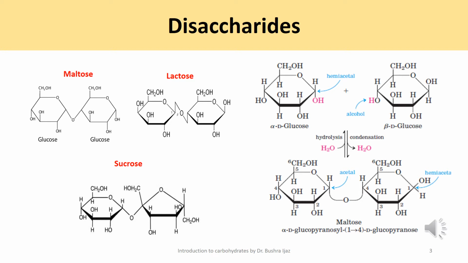As you can see in this figure, two glucose units, one is alpha D glucose and the other one is beta D glucose, are being linked together by the process of condensation to form a maltose molecule. Now, this O-glycosidic bond is formed when a hydroxyl group of one sugar reacts with the anomeric carbon of the other one. This reaction represents the formation of an acetal from a hemiacetal, such as a glucopyranose, and an alcohol, which is a hydroxyl group of the second sugar molecule.